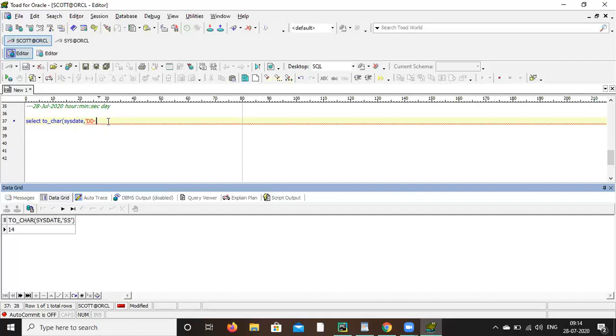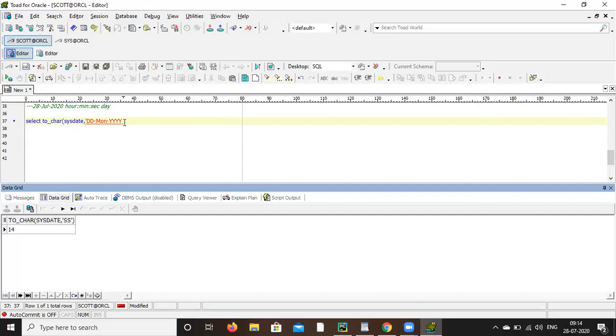So for that, MON. Capital M, small ON. Four Ys. I have given capital J only. UL is small, so you can give ON as small.